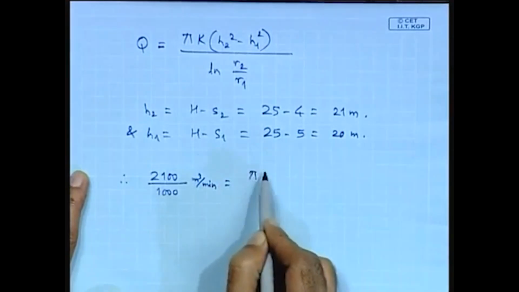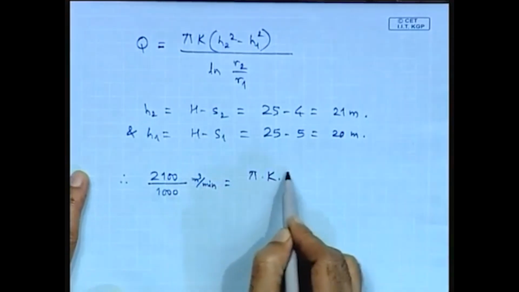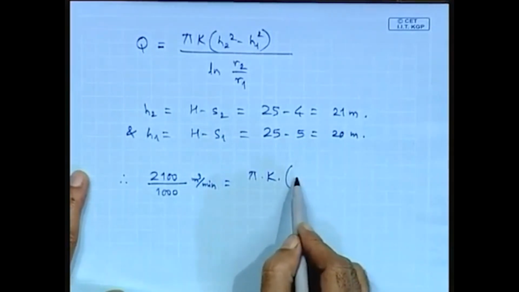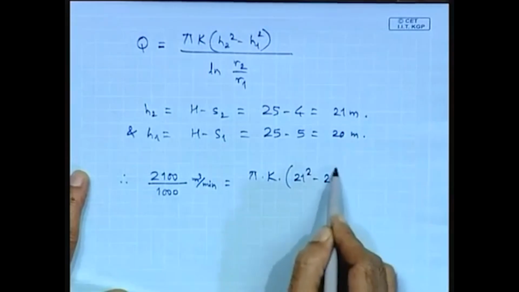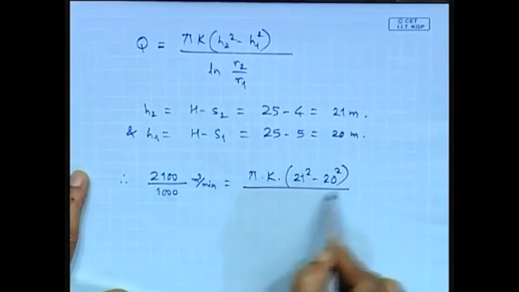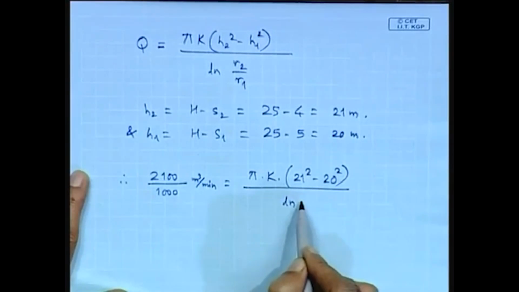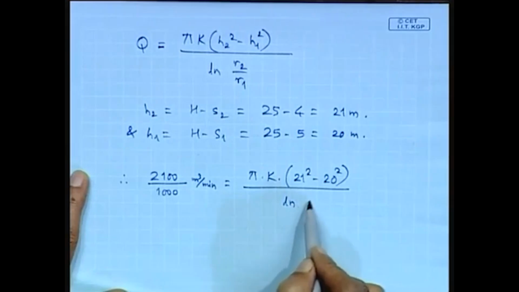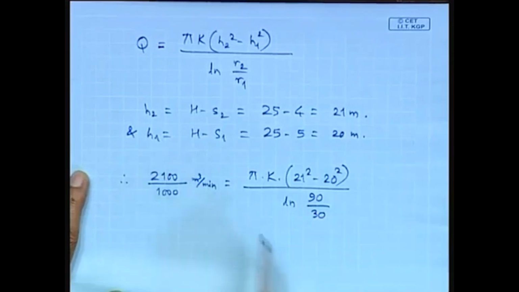This is equal to pi into k into 21 square minus 20 square divided by natural log of r2 by r1, where r2 is 90 and r1 is 30. So, therefore,